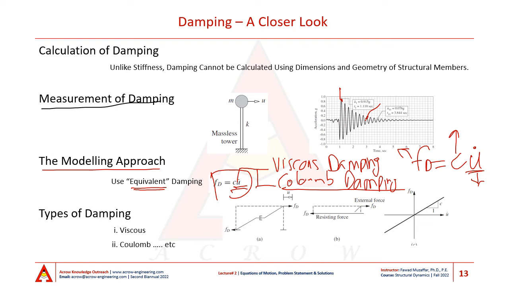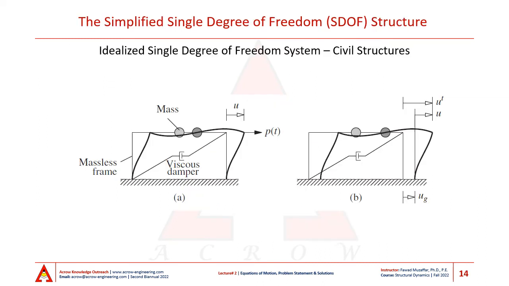So we've already discussed this above, viscous damping versus Coulomb damping. For the time being, I think this is enough, and we will look at this subject more closely later during our course. Now, let's consider our friend, the single story frame,